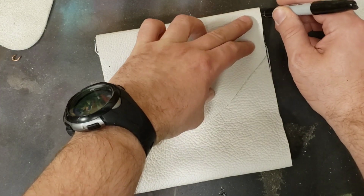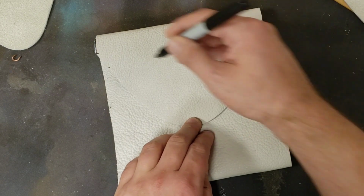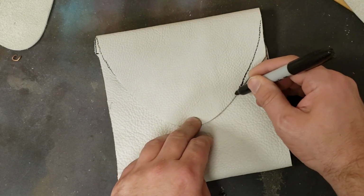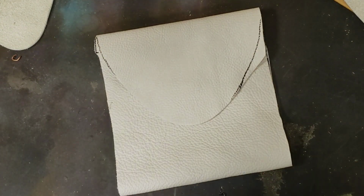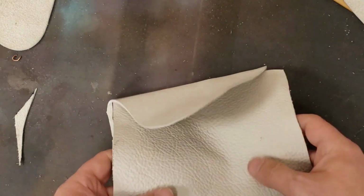So I'm going to go right that and a little bit like that. So it's a little off center, a little asymmetrical, kind of cool. There we go. Now you can just begin the next part, but I want to give mine some color because